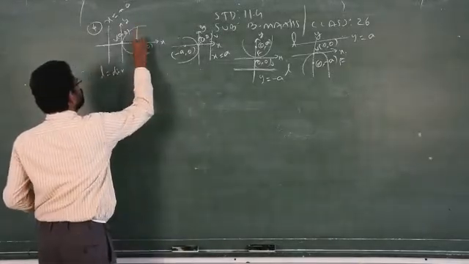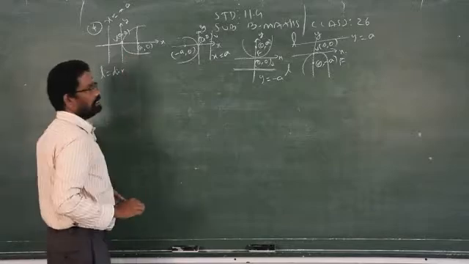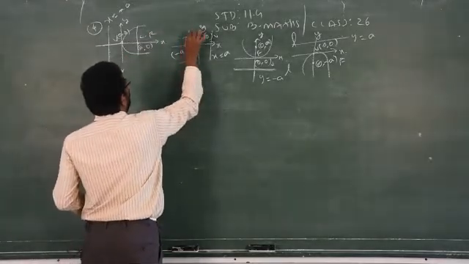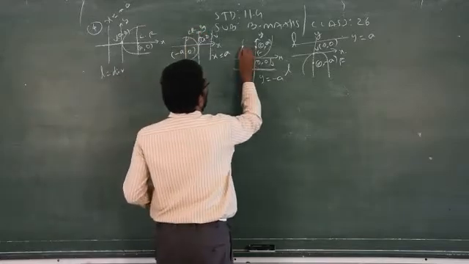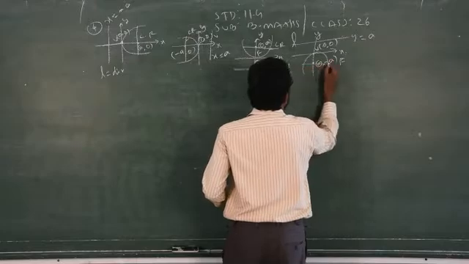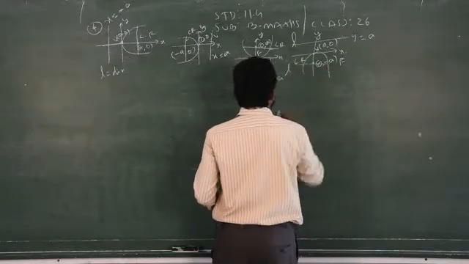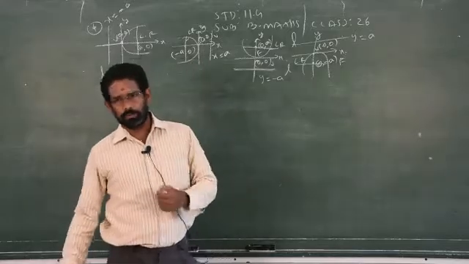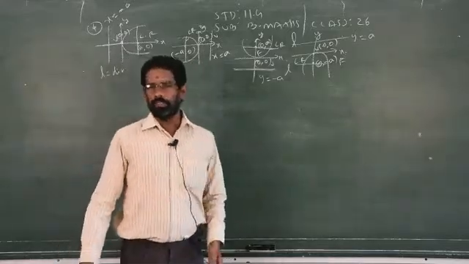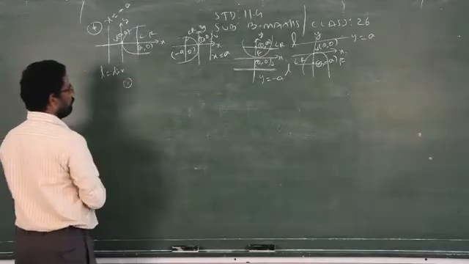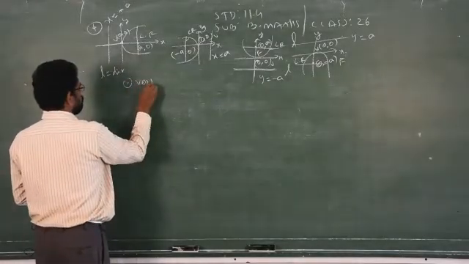So what is meant by latus rectum? A straight line which is passing through the focus is called the latus rectum. This is LR. The length of the latus rectum is always 4a. That is a proved result. Proof is not necessary for you. Clear? So from this diagram, I can easily find out the vertex.